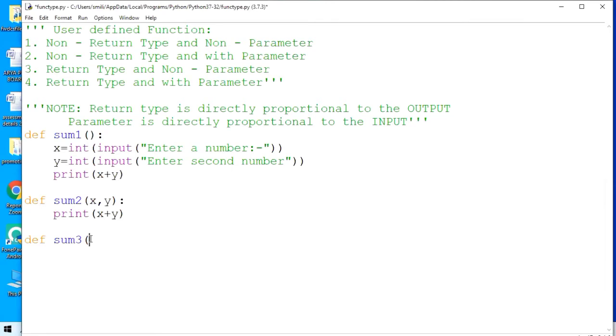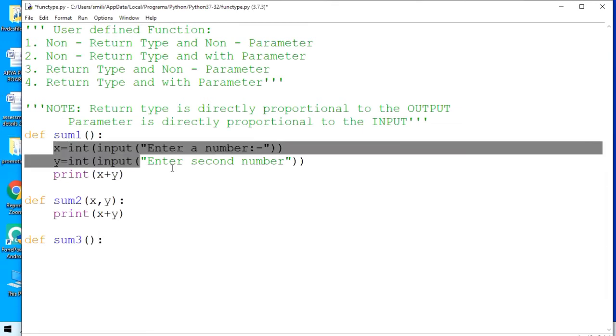So third is the return type non-parameter. Non-parameter means we don't have to give any value inside the bracket. That means we have to ask the value from the user inside the body of the function.